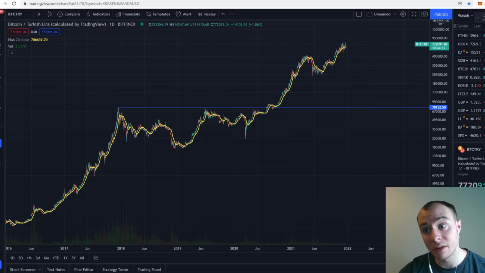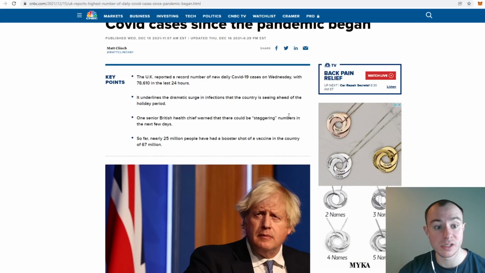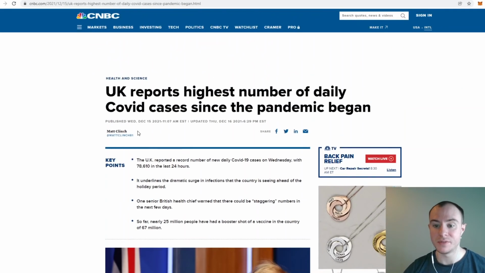When we look at something like the FTSE, you can see that had a bit of a down day today. This is something certainly to pay attention to, because the future is very much governed by global events, and certainly by healthcare and the state that everywhere is in, because this has an ultimate effect on the economy, more than interest rate hikes, because monetary policies will come after this. So interest rates that are being set now are secondary to what happened in March 2020. So this is the main thing to keep an eye on.